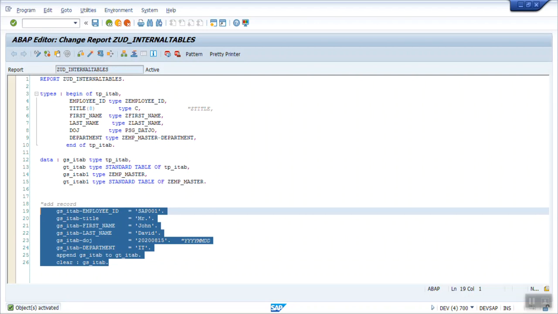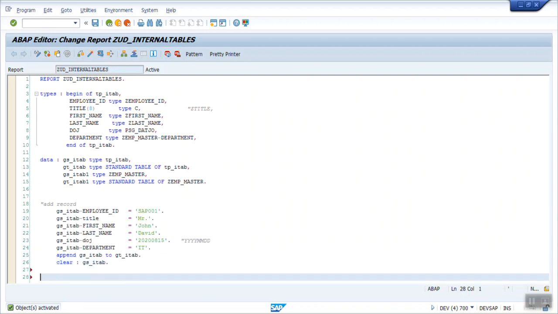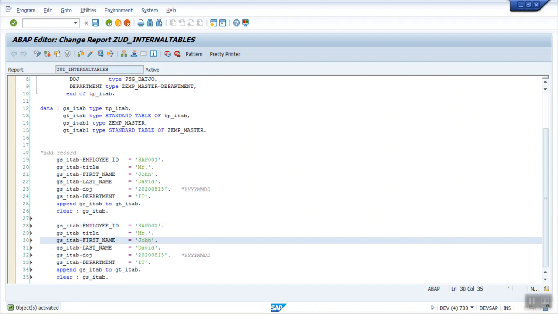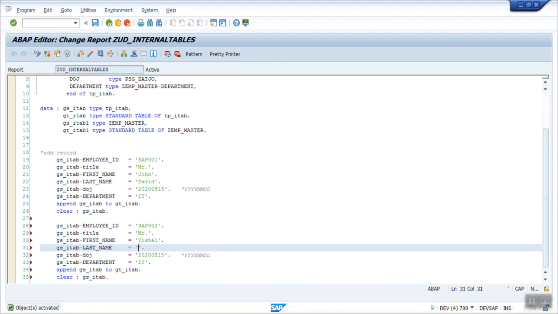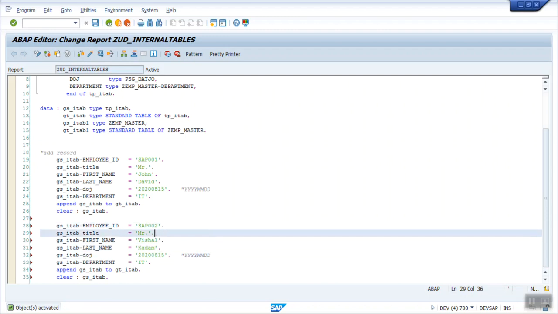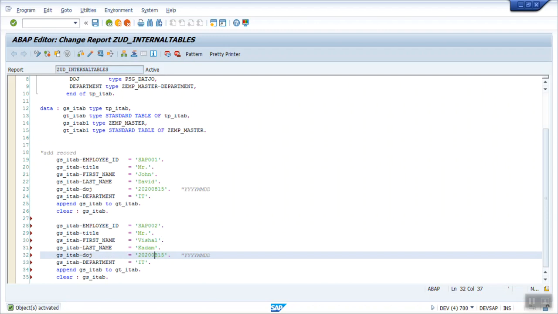Let's copy this and add the second, let's say 2, and here I am adding Vishal Kadam. Okay, let me change here date of joining. Let's say he has joined in 2019 01.